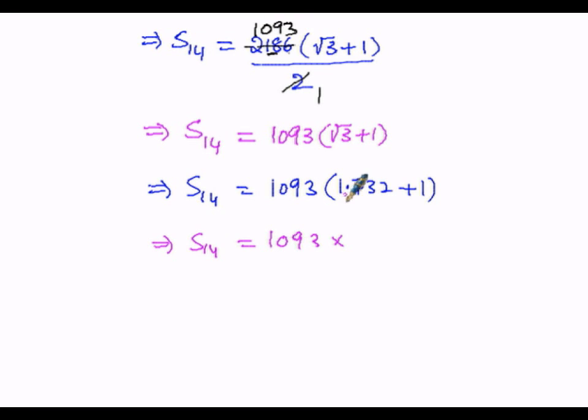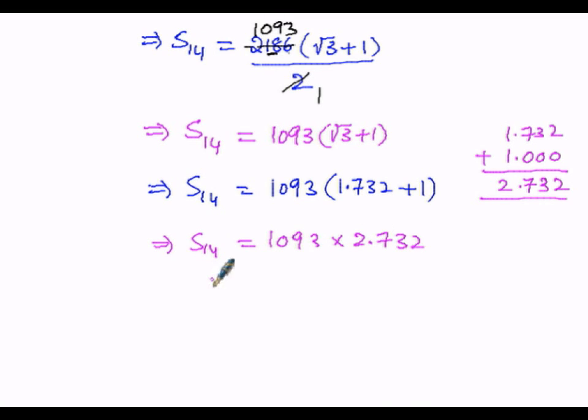Here 1 plus 1 is 2, and 1 plus 2 as it is, then 3 plus 0 is 3, 7 plus 0 is 7, 1 plus 1 is 2. So 1.732 plus 1 is 2.732. When we multiply 1093 into 2.732, the next step, S of 14, the sum of 14 terms, will be